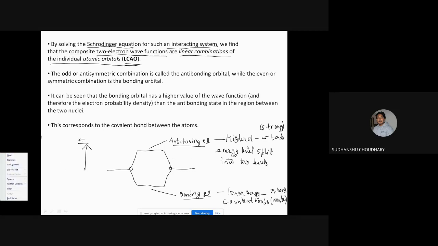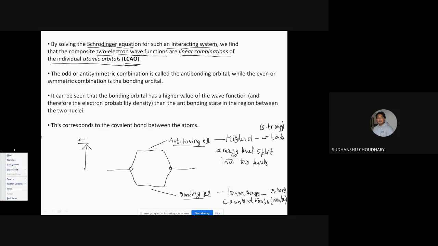Okay. So we have two bonds, that is sigma bonds and pi bonds, or what we call covalent bonds, and this level is also called the covalent bond energy level, right? And covalent bonds are weak, and they can be easily broken, right?